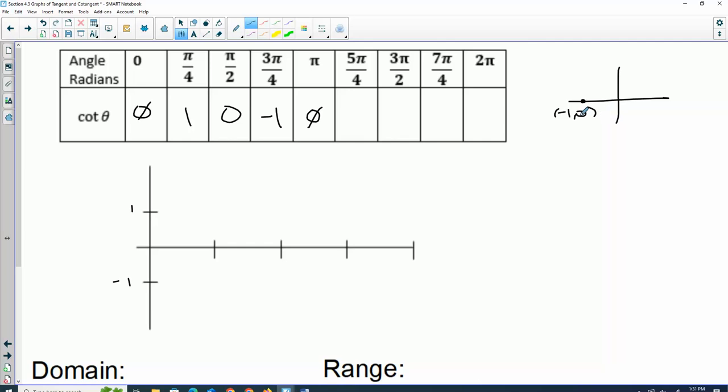5 pi over 4 in the third quadrant, it is positive. 3 pi over 2, 0 over negative 1 is 0. 7 pi over 4 in the fourth quadrant, it is negative. And 2 pi, we're back to where we began. So if I plot these points,